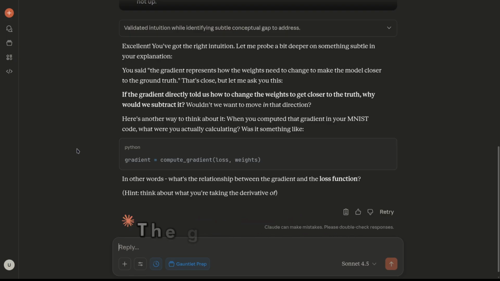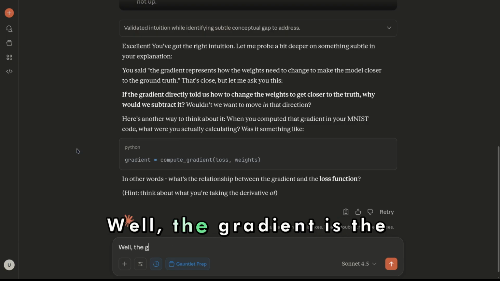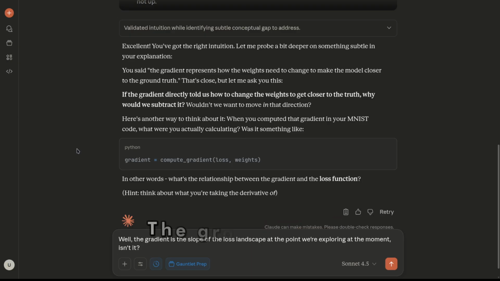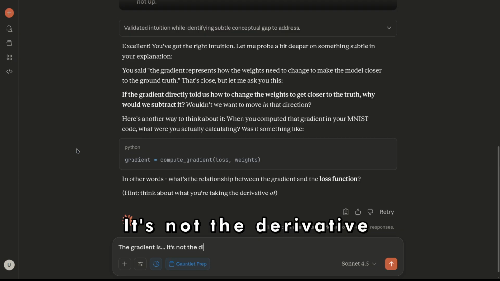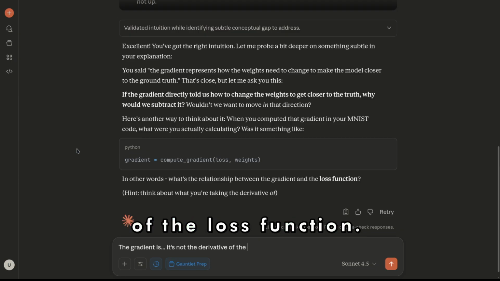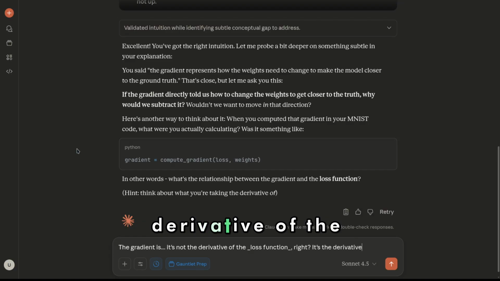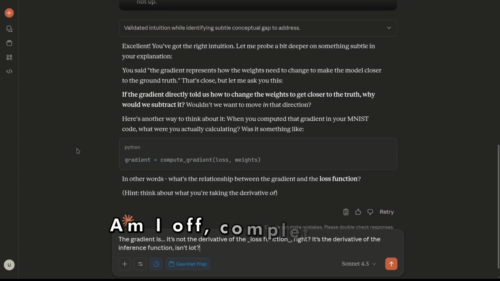Well, the gradient is the derivative of... what is the gradient? I mean, well, the gradient is the slope of the loss landscape at the... That's not correct. The gradient is... It's not the derivative of the loss function, right? It's the derivative of the inference function. Isn't it? Am I